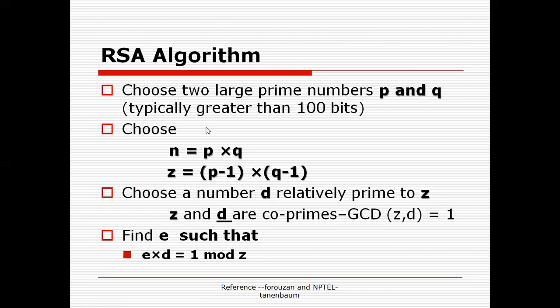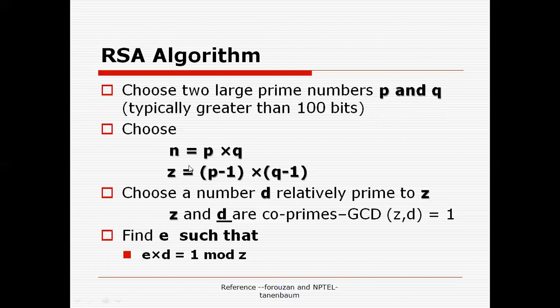So I am going to discuss the steps of the RSA algorithm. The main important thing is the identification of the public key and private key. Suppose I have to generate my public key and private key. I will take two prime numbers P and Q. Typically they should be large, but from the examination point of view, I suggest choosing something like 5 and 7. These are the simplest ones, but actually they should be complex.